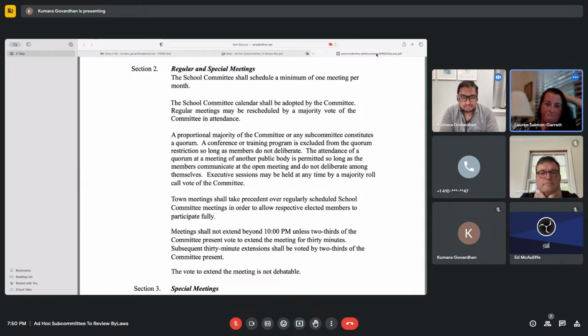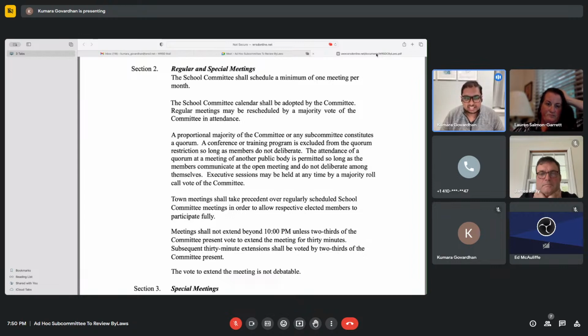All right. So then they go into the proportional majority, a little bit of jargon about how it works if you're in a subcommittee or in a committee, the quorum idea, executive sessions and how to enter them, and the idea of town meetings taking priority over our school committee meetings.